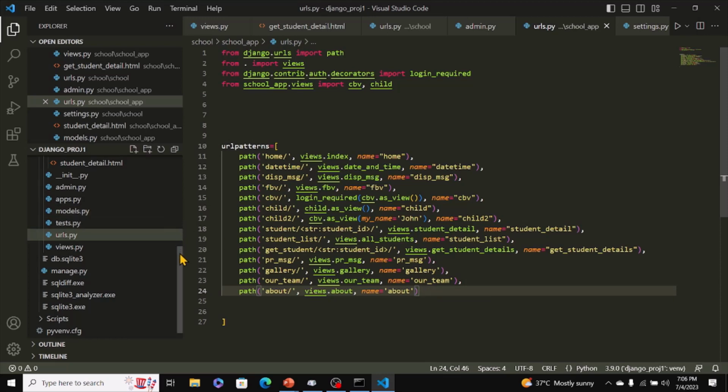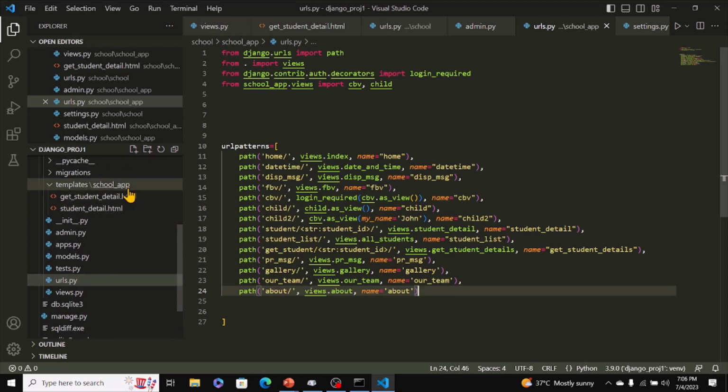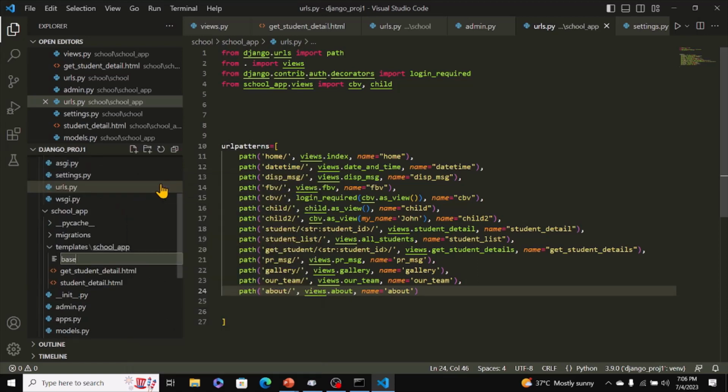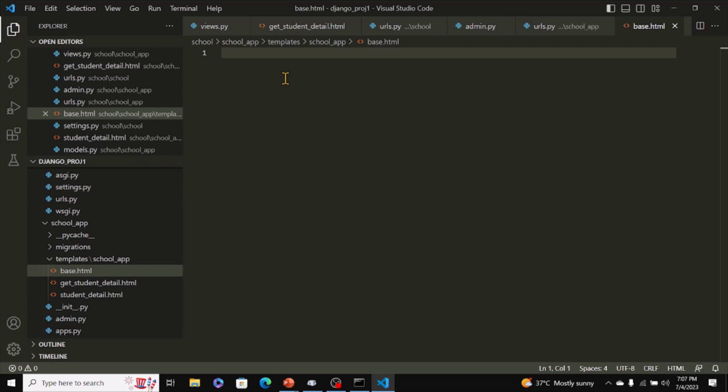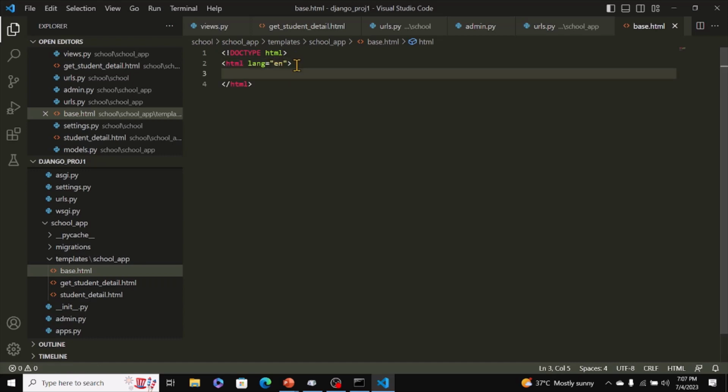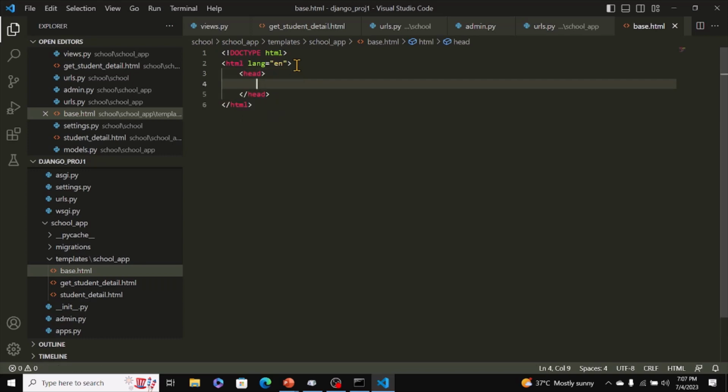We'll start with the parent template. So right click here, new file, and we'll call that base.html. And the first statement will always be doctype. So the doctype tag indicating it's HTML, and that's important for any HTML file. And then we have the HTML tag with language being indicated as English. Within the opening and closing HTML tags, the head tag. And within the opening and closing head tags,